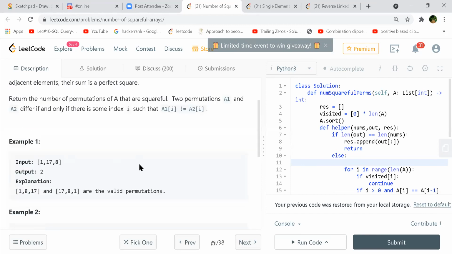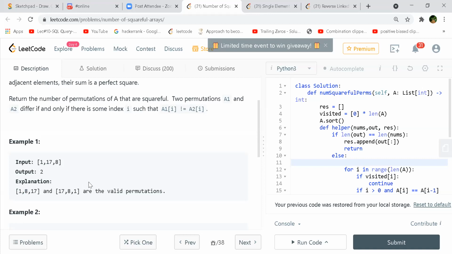One clarification. I didn't understand, in the examples they've given 18, 17, 17, 8, 1, but the input was 1, 17, 8, right? If you club these two, you have to generate a permutation out of it such that if you club the adjacent two numbers, that should be a perfect square. Oh, I see. Got it.